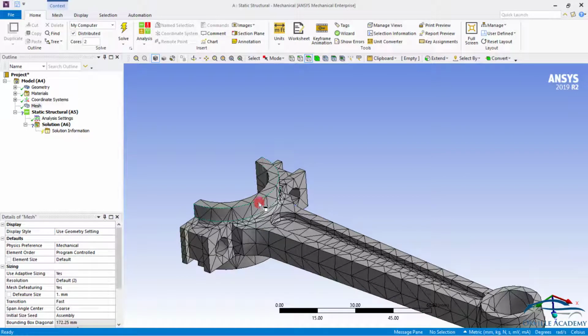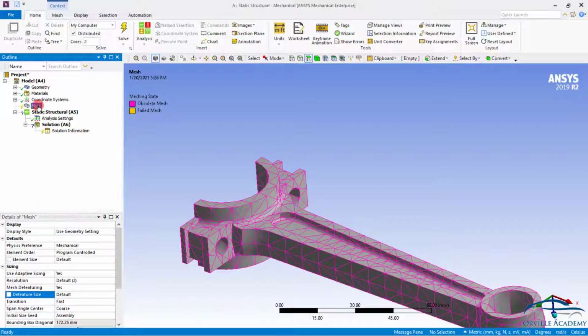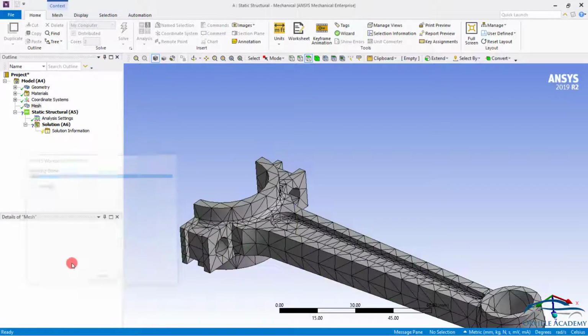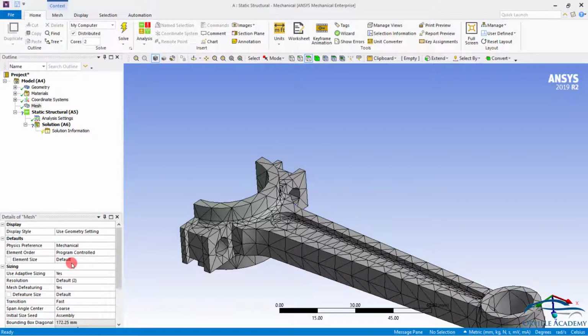So basically with the help of the defeature option, you can remove very small fillets. Here, just for demonstration purposes, I have selected the value of 1 mm. Generally, this value is very small. In order to set this value to the default, I can simply press 0 and then go for generate mesh. Here, you can keep one thing in mind. Whenever you change some values, and after changing the value you did not get the intended results and you want to switch that particular value back to the default, you can simply press 0 and that value will be set to default.